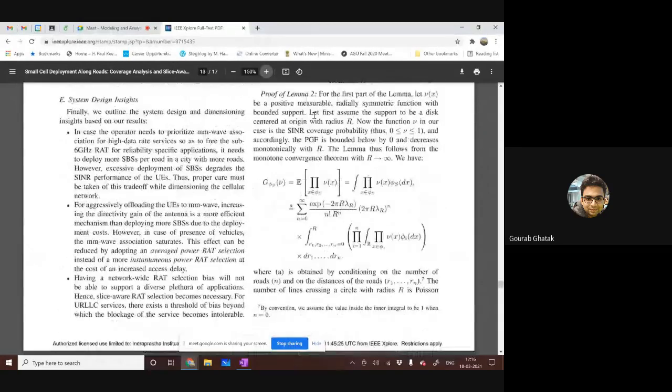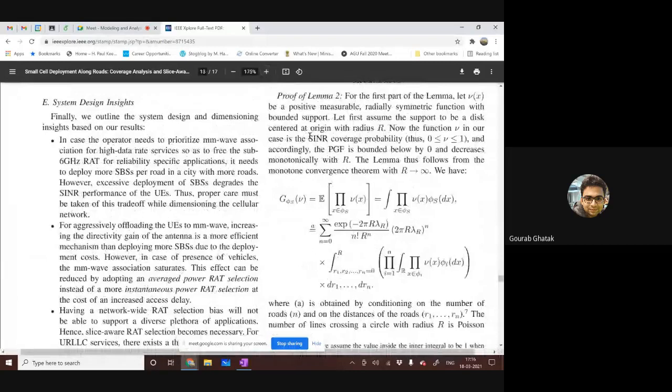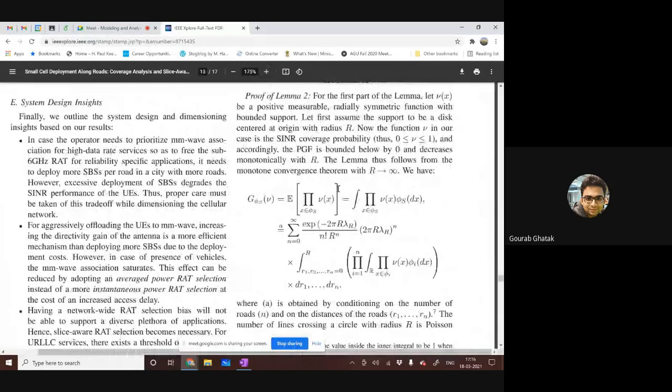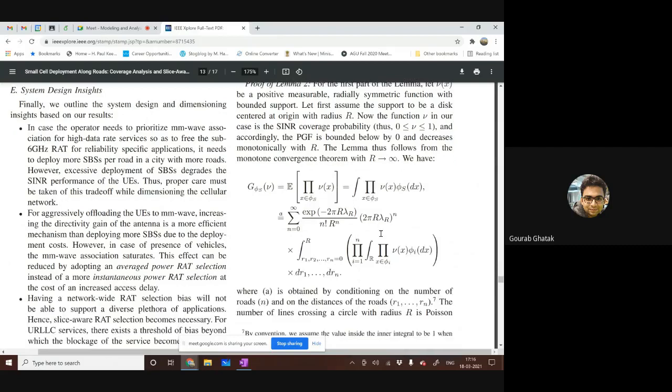What we have to find out is the probability generating functional. As we know, and I have been talking about it, it is the expected value of a product of functions where the points are taken along the roads. What it means is basically that your function is evaluated at the points x belonging to phi s, the PLCP. You have to find the measure of the PLCP. It means that you take one of such lines. So if I scroll down, I have the condition for one of such lines.